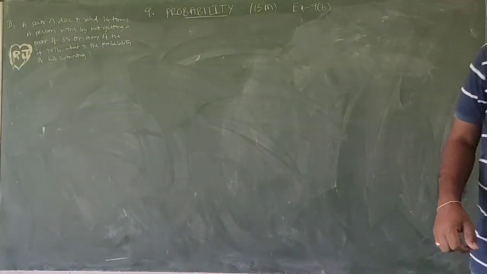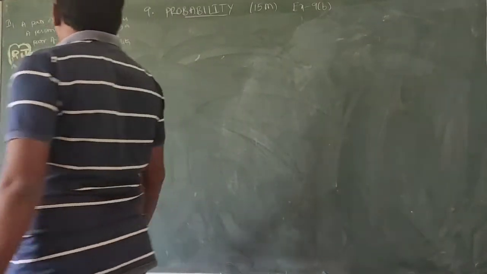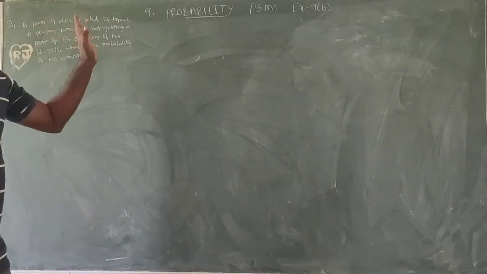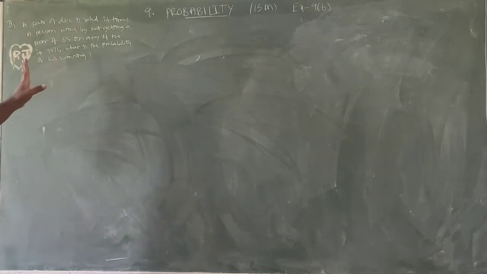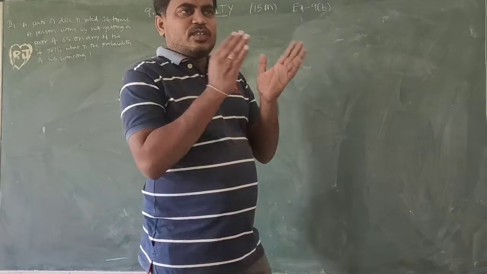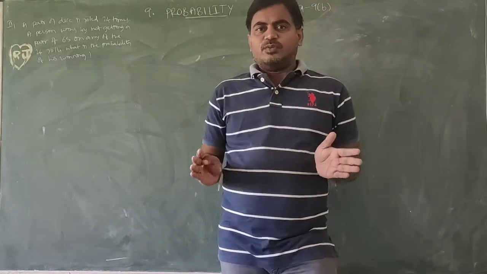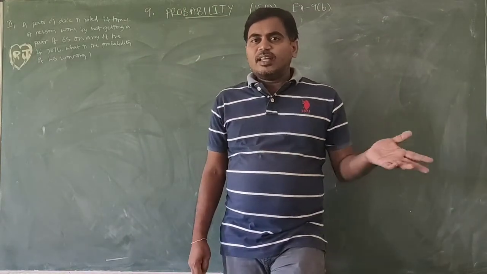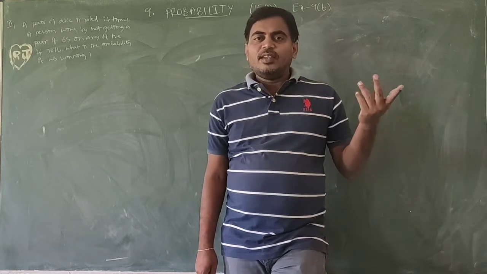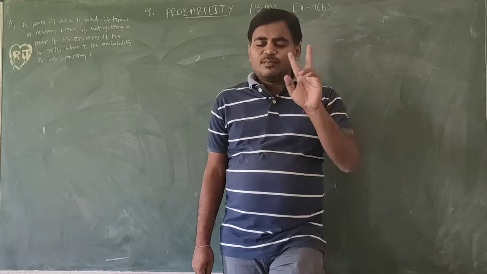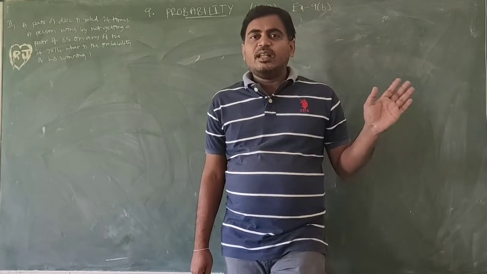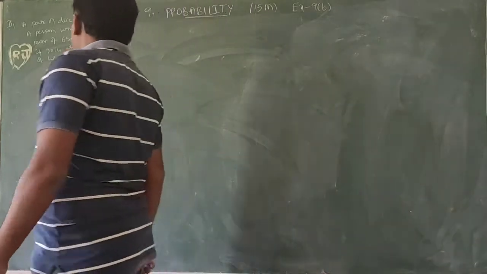Okay, now. A pair of dice is rolled 24 times. Let me take one roll first: a pair of dice is rolled, not getting a pair of 6. If one of the dice shows 6, it won't be a pair of sixes, no problem. But if both the dice show 6, only then do we call it a pair of sixes.